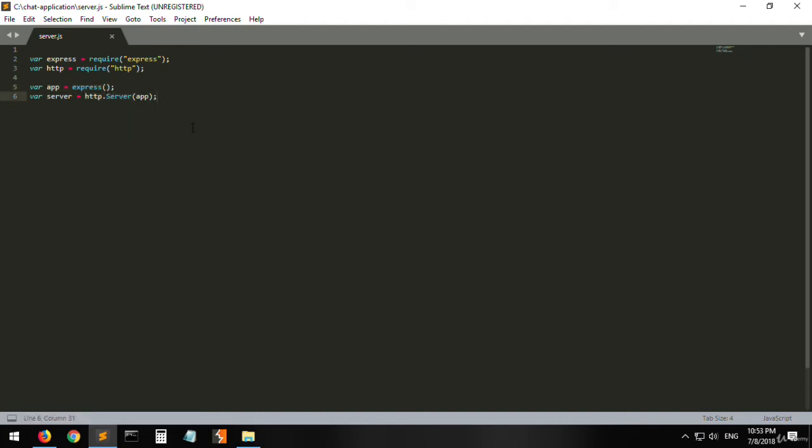Now we will make that HTTP server listen at a port, let's say HTTP server dot listen at the port 3333. So now if you compile this, you will see that the HTTP server is actually listening at the port 3333. And to check that, let's actually add a function here that says console.log